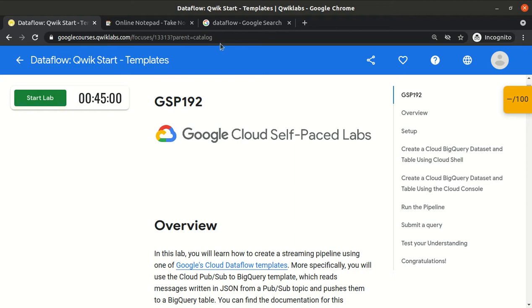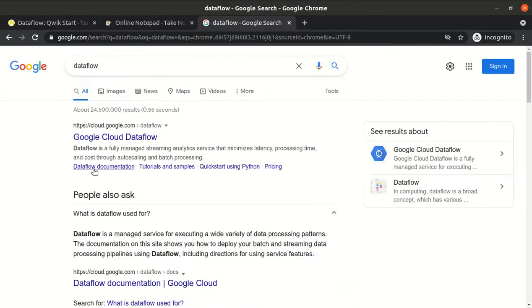We know Dataflow is a service available on the Google Cloud Platform. If you go to Google and type in Dataflow, you can see that it is a managed service, so we don't need to create any underlying infrastructure.